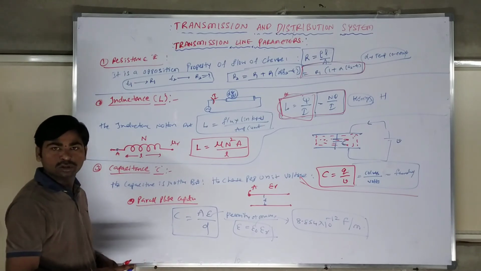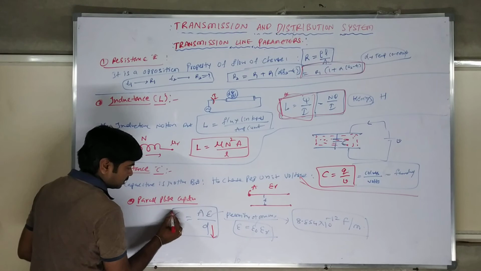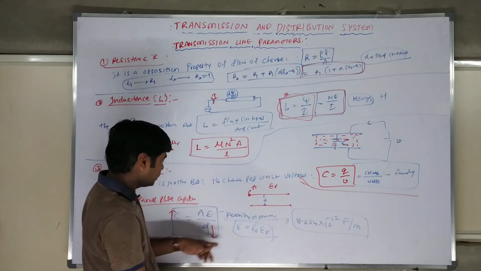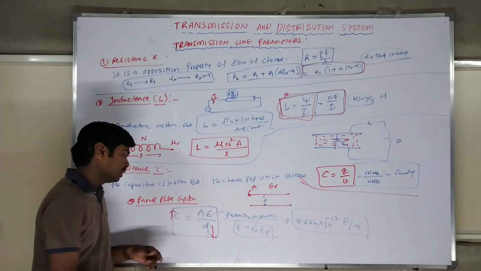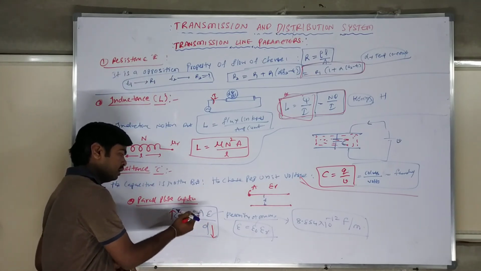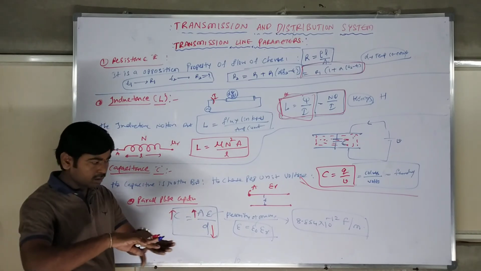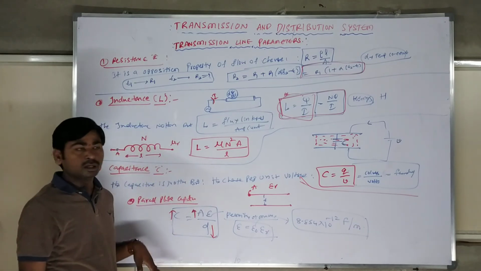In this, one important concept you have to remember. When the distance between the plates decreases, the capacitance value increases. That is very important. Also, when the cross-sectional area increases, the capacitance value increases automatically, because more accumulation will take place. When the area of the plate is increased, accumulation increases, so the capacitance value increases.